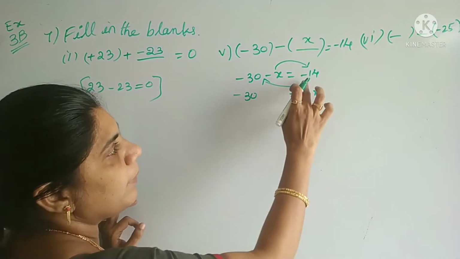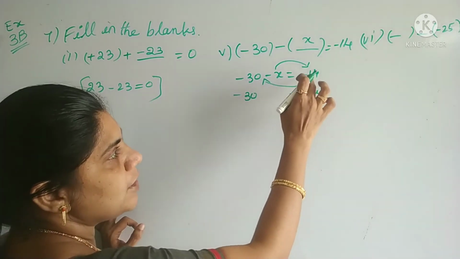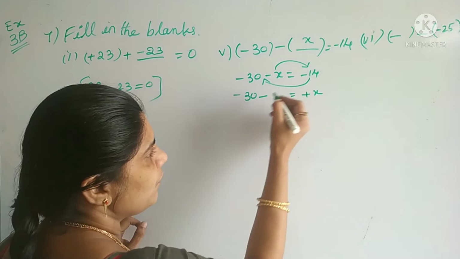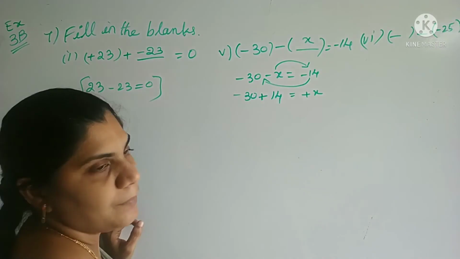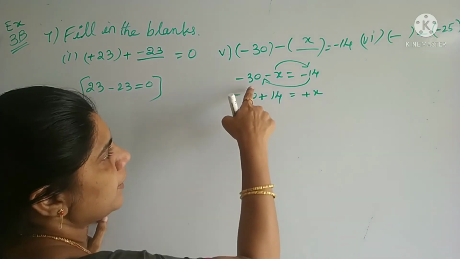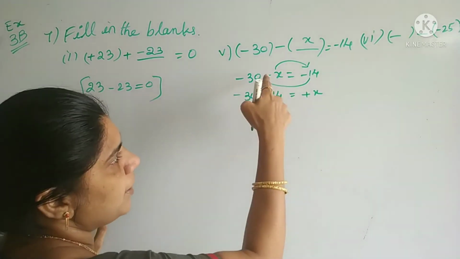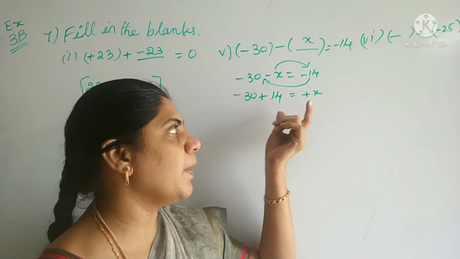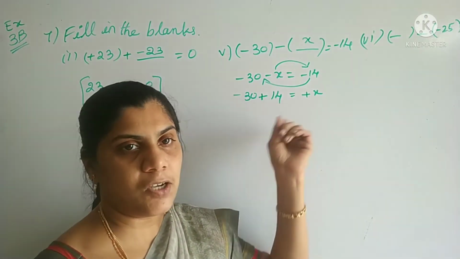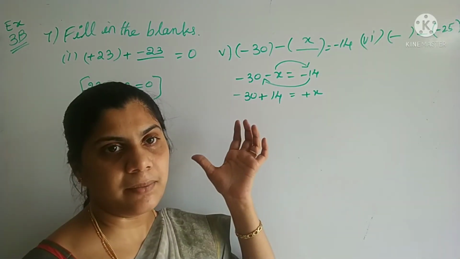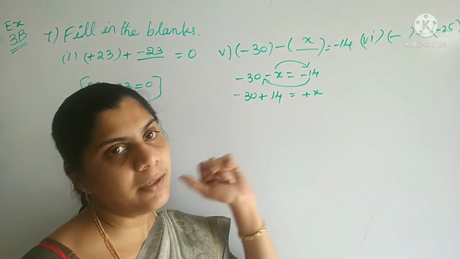Okay. Now here minus 14 is there. If you send this to the other side of the equal to, minus will become plus 14. You can also send minus 30 to the other side, but I want to eliminate this minus also. So from the beginning I have taken x out here. x equal to, I am writing. All the numbers I am taking one side and x I am taking the other side.